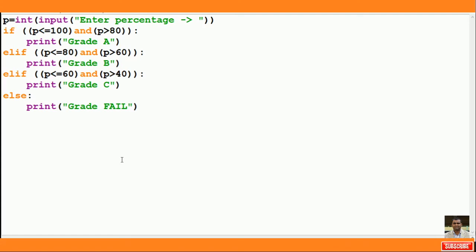So I want to start a new topic, a very different topic, that is looping. How to repeat a task, and nearly about 30% of Python deals with this condition making and looping. Okay, so before that, you people tell me one logic, then I will make myself satisfied and we'll start that.